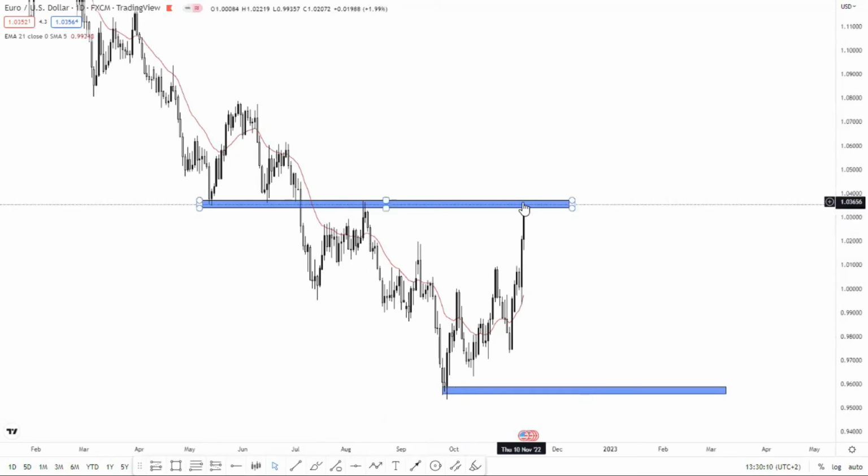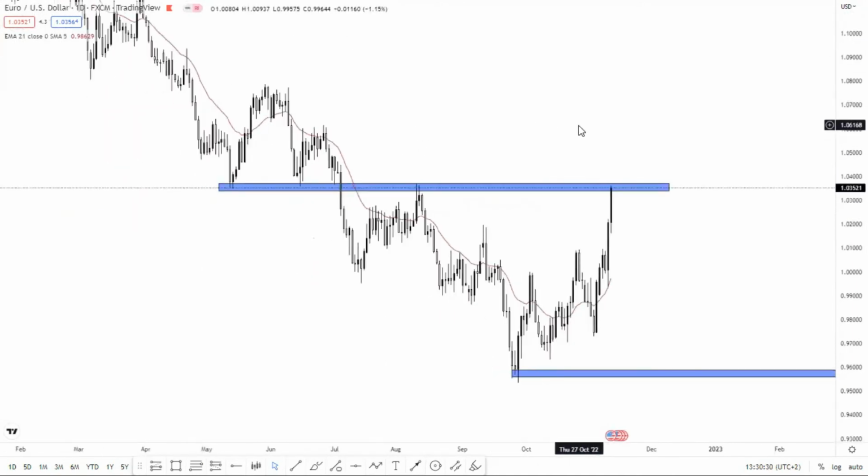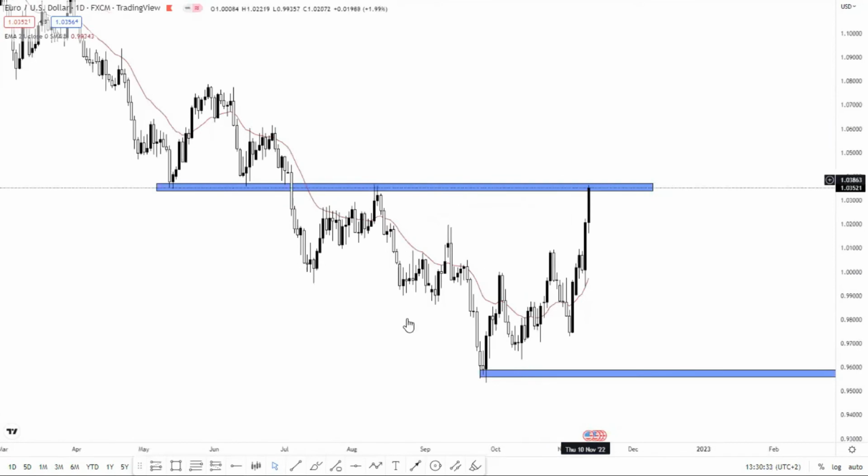When the price is now here, we are more welcome to sell this pair, because now it's giving us a nice setup, which is a reliable setup. I've traded this setup several times, and I know this setup is giving what it's supposed to give. So yeah, from here, the advice that I can give you is that you must wait for the price to give you a bearish